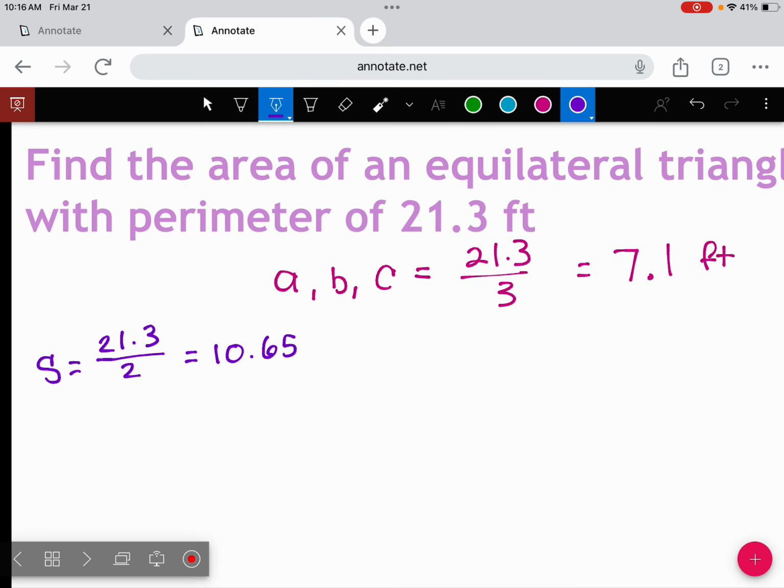So we can do this using Heron's. We could also use the 1/2 base times height thing because we know two of the sides and the angle. On an equilateral triangle the angle is always 60 degrees because the sides are always the same. You could use either one for this, but since we've got Heron's right there,